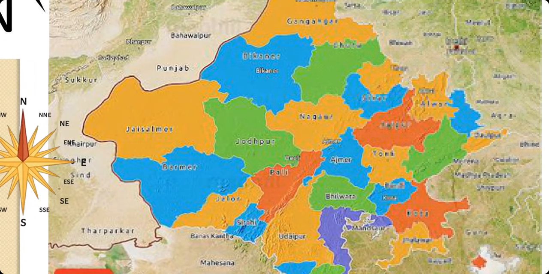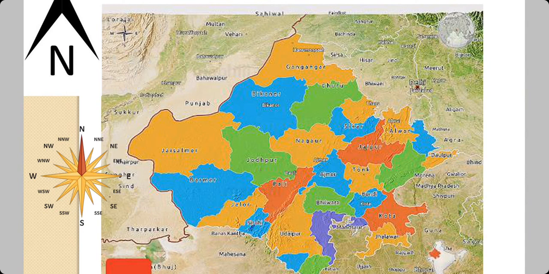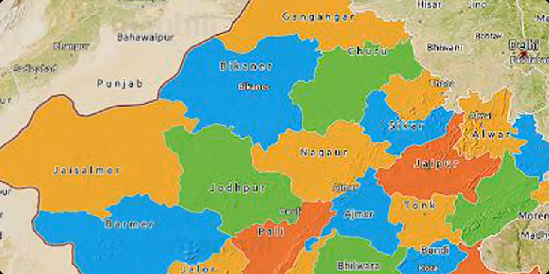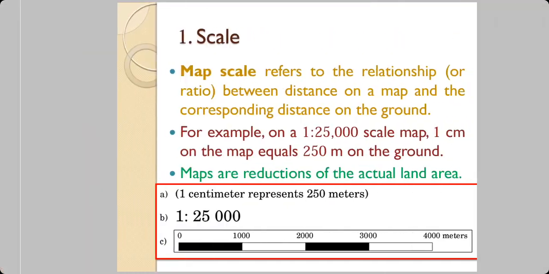Also, in this map of Rajasthan, note that the districts have been shown with different colors, and the coloring has been done in such a way that no neighboring districts are getting the same color. For example, if you look at Nagaur, it is surrounded by Bikaner, Jodhpur, Pali, Ajmer, Jaipur, Sikar, and Churu. Now, the surrounding districts, the neighboring districts, do not have the same color. So that is again important. These are all things we will be learning shortly in this video.